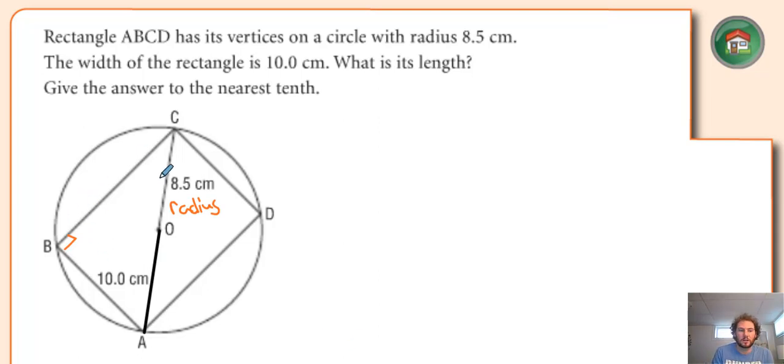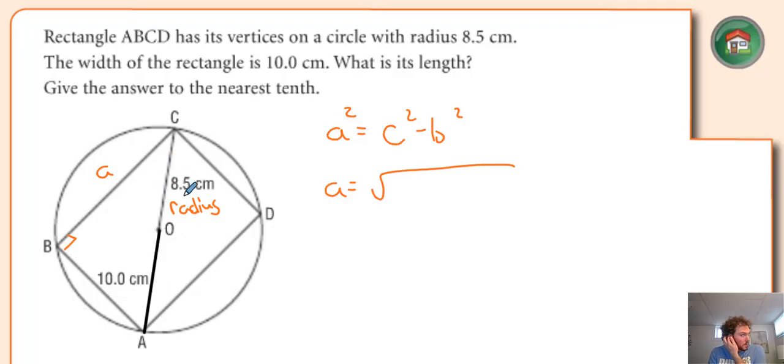And why do I care about 90 degrees? Well, now I have a right angle triangle. So I'm looking for this missing side right here of my right angle triangle, and that is going to be my length. And what we know is that for a right angle triangle, a squared is equal to c squared minus b squared. Or a is going to be equal to the square root of c squared. So that's my diameter, or twice the radius. So if my radius is 8.5, then my diameter is 17